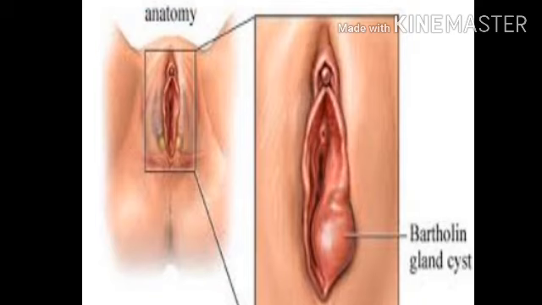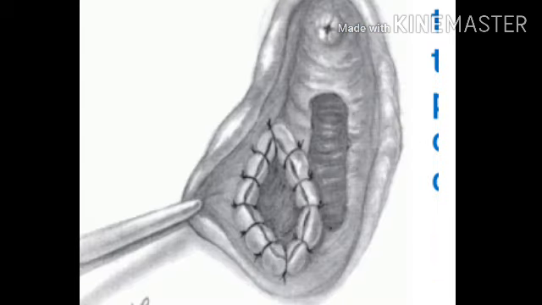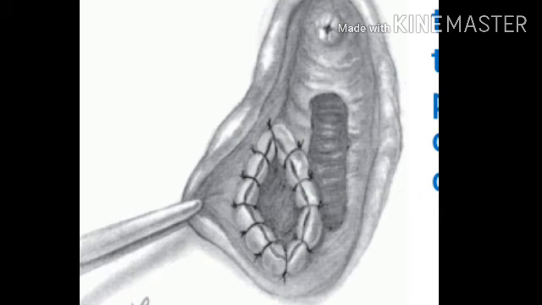The signs and symptoms of Bartholin cyst: it is asymptomatic when the cystic swelling is small, and when the size enlarges up to a hen's egg size, it will produce local discomfort and dyspareunia. There will be no pain. Regarding the surgical treatment, there are two methods, excision and marsupialization. Excision is the traditional method. It is the complete removal of the cyst or Bartholin's gland, and marsupialization is a newer surgical technique.